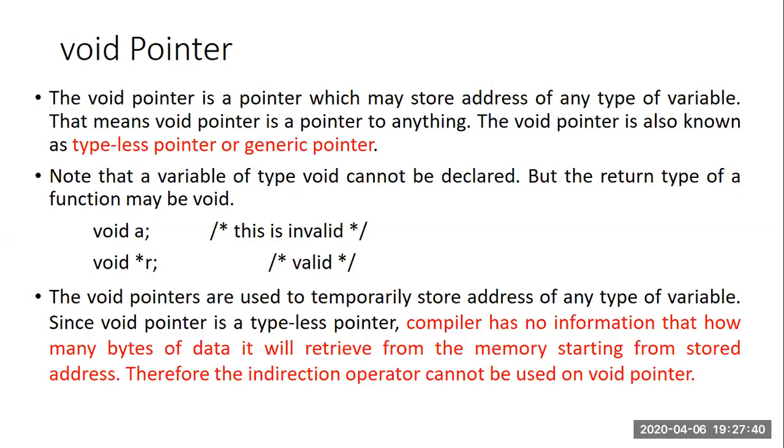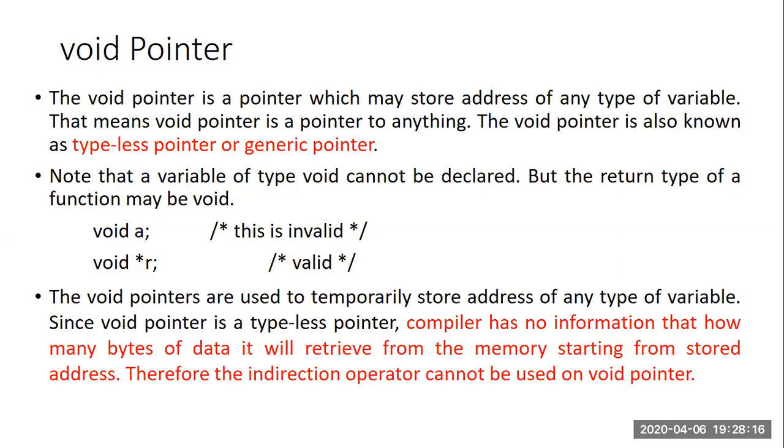But when I am using a void pointer, it's because it can store the address of any other type of pointer. So it's completely unknown which type of pointer address it is basically storing. That's why it is tough for the compiler. Rather, the compiler is unable to retrieve the memory starting from the address. Therefore,